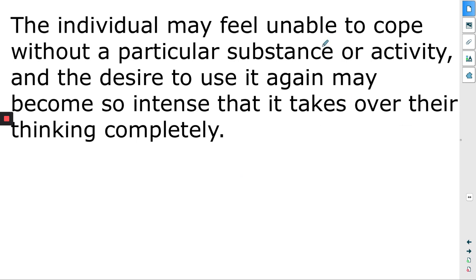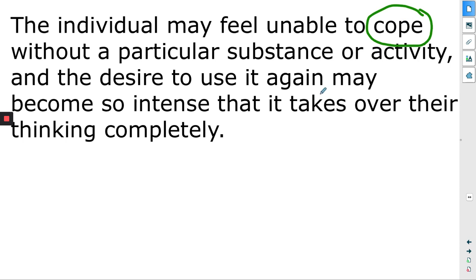Now, the last thing I want to add to this is this idea of coping. We saw in the introduction to addiction this idea that addiction may be something that's out of control. So of course, if I'm able to cope, then I'm not out of control. But if I'm unable to cope, now we've got to be a little bit sympathetic here. If everything that my psychology, everything that my physiology is telling me is that all I need is just a little bit more, I may feel that I'm unable to cope.